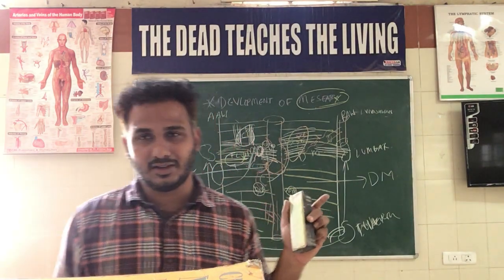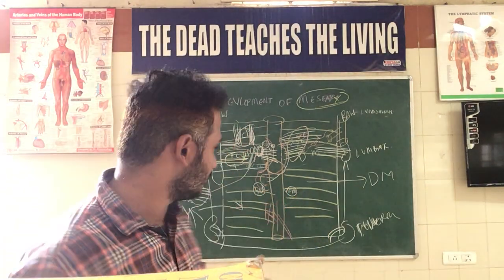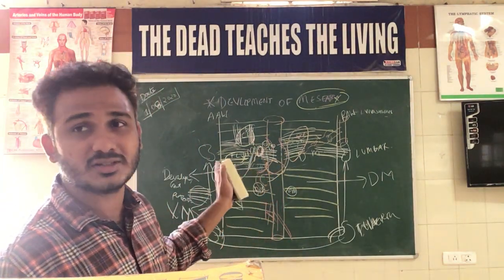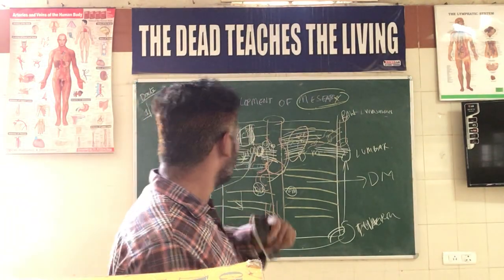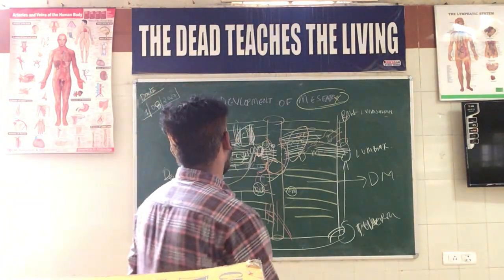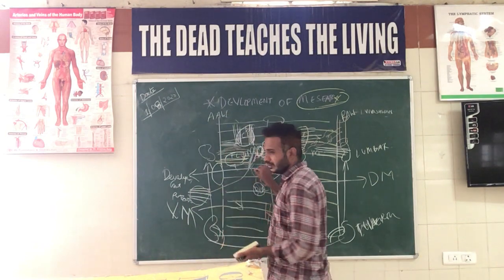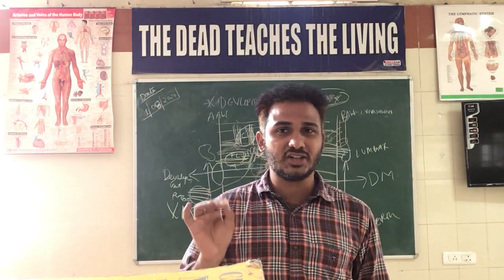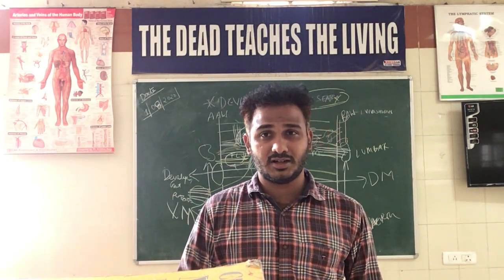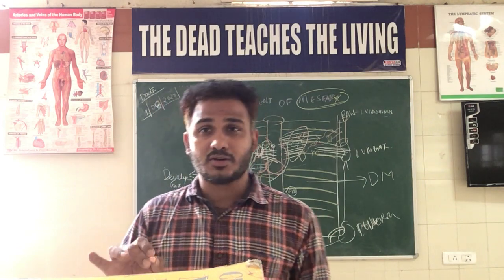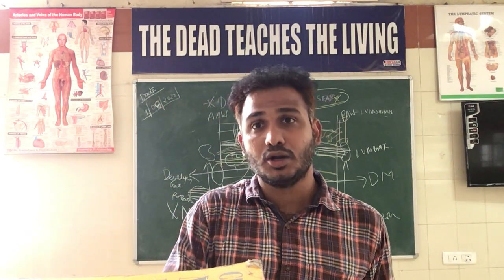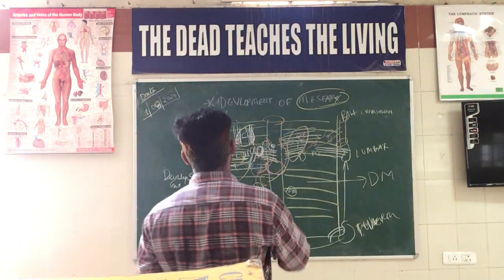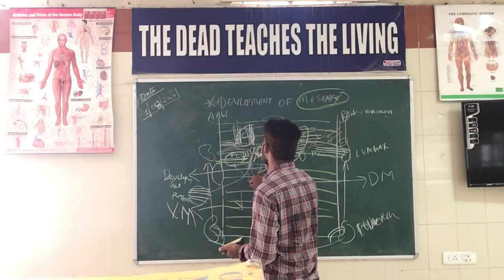See, a vein generally carries deoxygenated blood, but the umbilical vein, even though it is called a vein, carries oxygenated blood from the placenta into the fetus during the embryological stage. This left umbilical vein, present in the liver later as the obliterated umbilical vein forming the ligamentum teres hepatis, actually carried the oxygenated blood. Even though it is a vein, it carries oxygenated blood from the placenta to the fetus. This is one of the MCQs checked in the NEET examination.